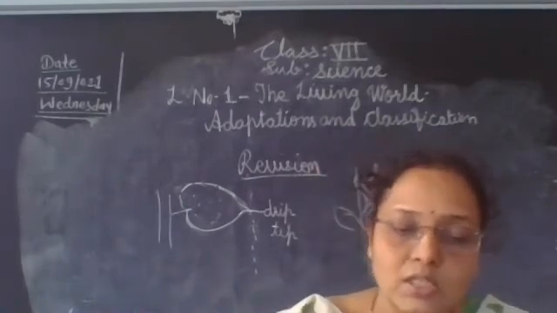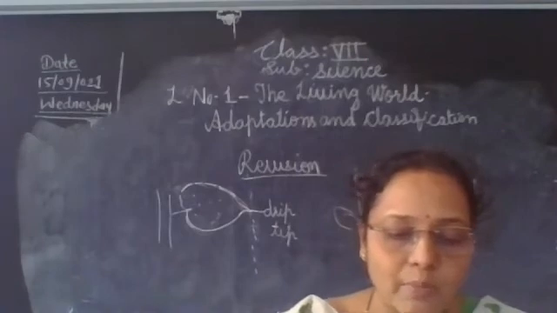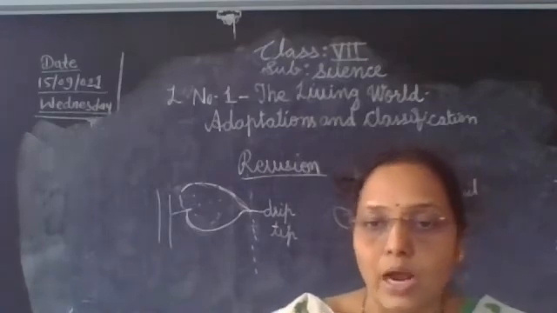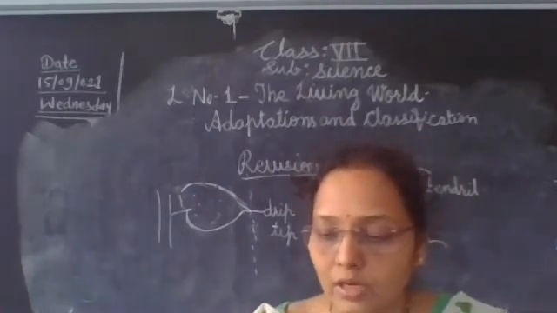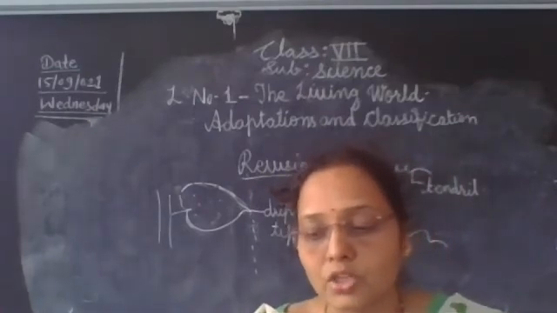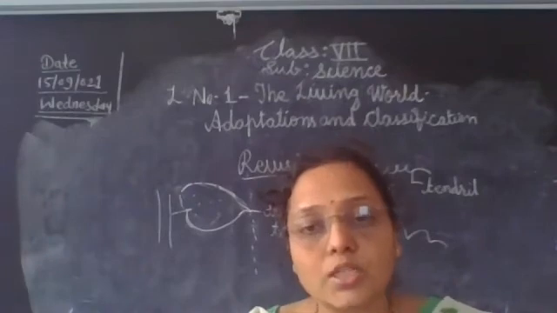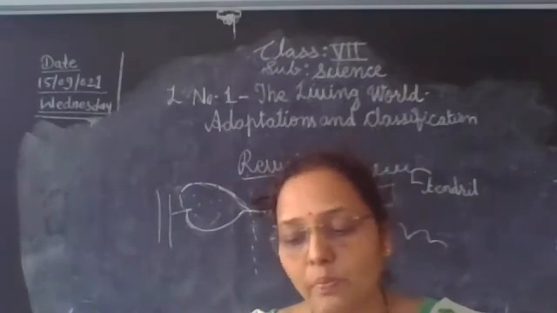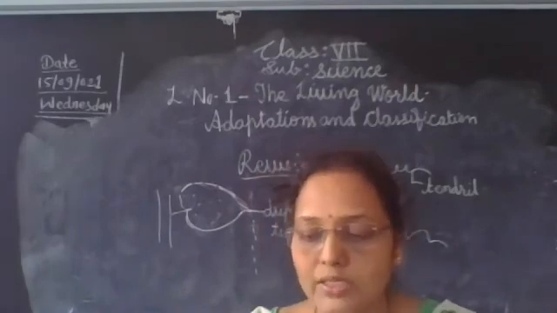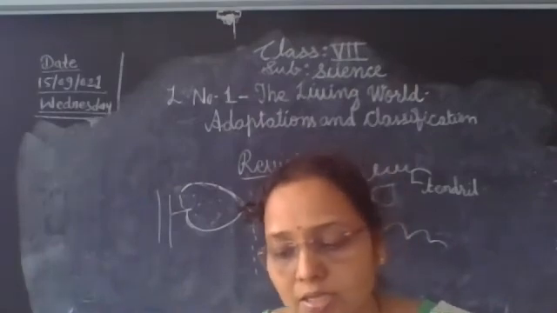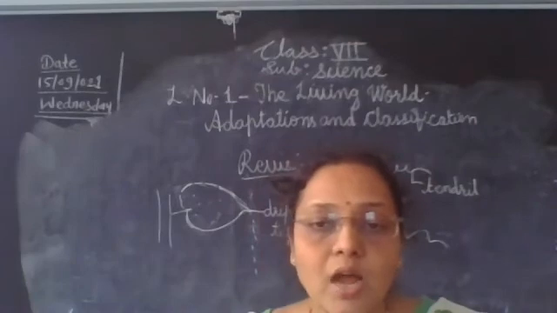So this is an insectivorous plant. This is the adaptation in plants. Okay, children, you know we learn about adaptation. Adaptation means gradual changes occur in the body parts and also in the behavior of an organism, which help them to adjust to their surroundings.